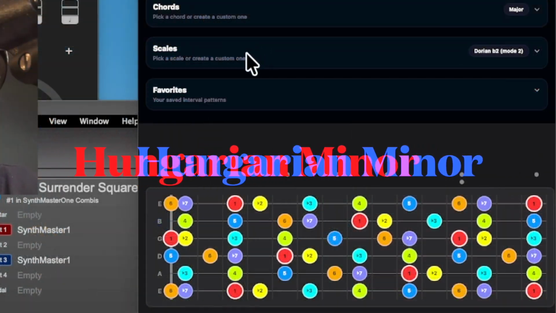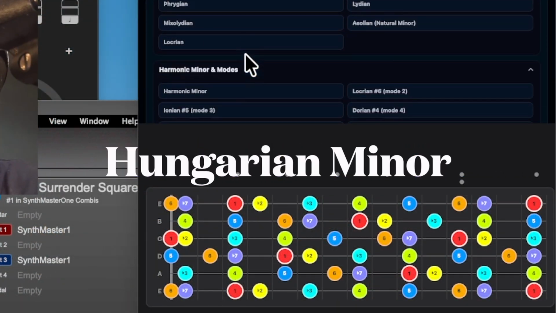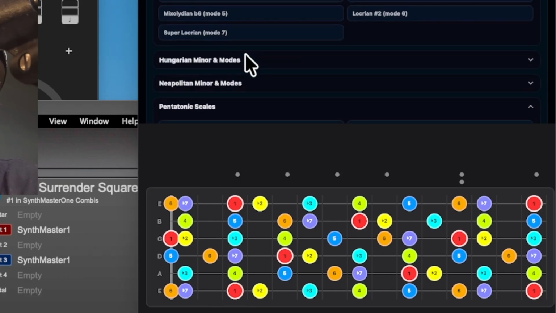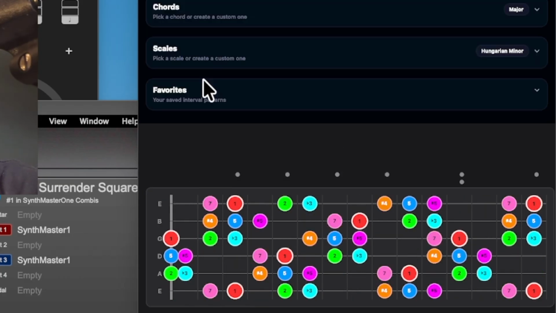Okay, so now let's look at the Hungarian Minor. I love this scale. 1, 2, flat 3, sharp 4, 5, sharp 5, 7, 1. So we're gonna go,